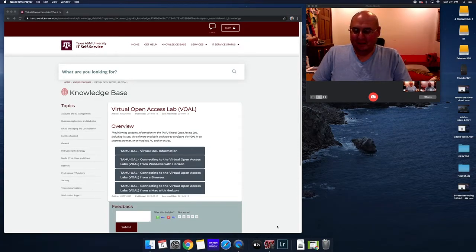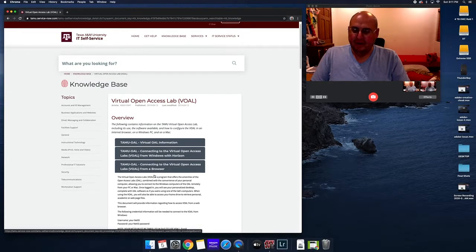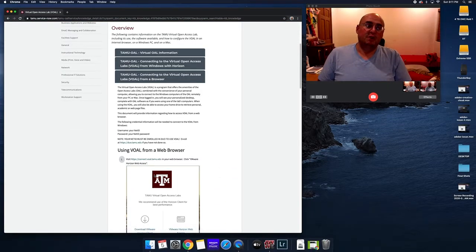Today I am going to show you all how to connect to the Virtual Open Access Lab from a browser. So this is the link I'll be sharing with you all. You go to this page. So far I did one on how to connect on Mac, so now we're going to do one on a browser. So what this allows you to do is remotely connect from your computer to a computer on campus to